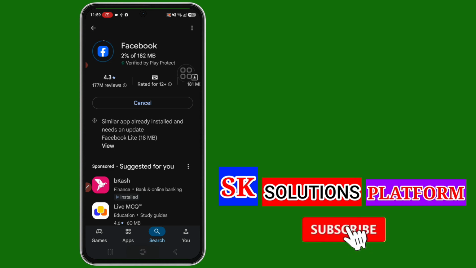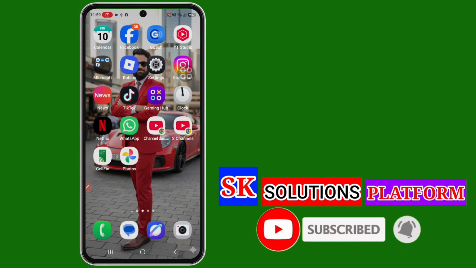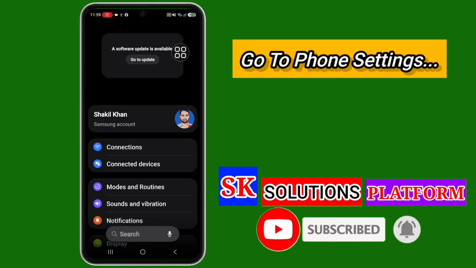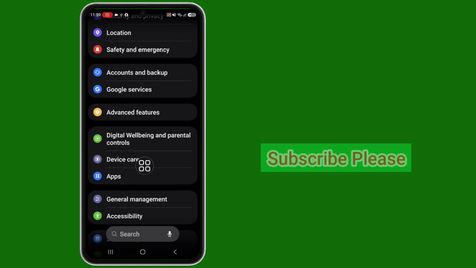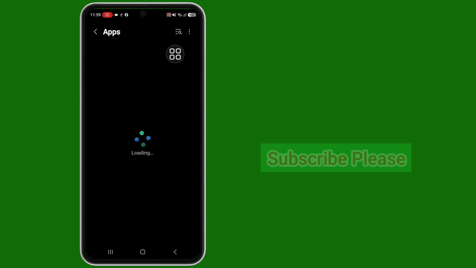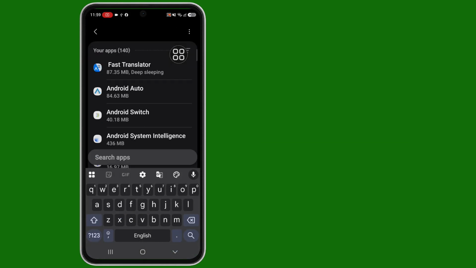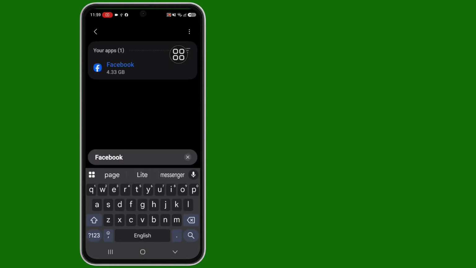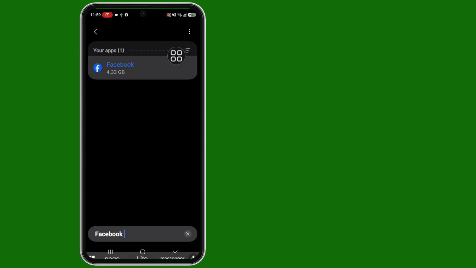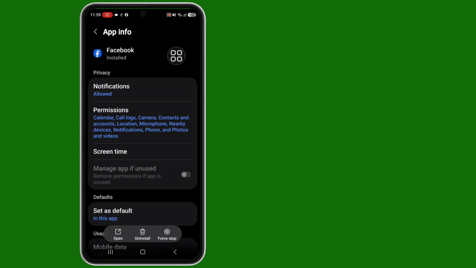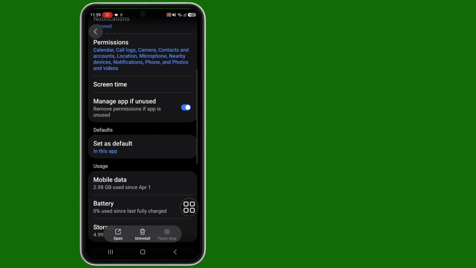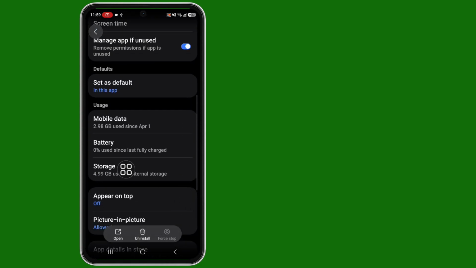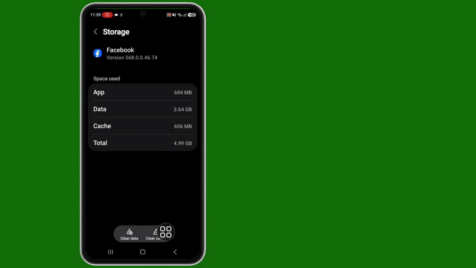Okay, back to home screen and go to your phone settings, scroll down, then tap on the apps option, tap on the search bar, search for Facebook. See, now tap on the Facebook app and tap on force stop. Okay, scroll down, then tap on storage, tap on clear cache and clear data,